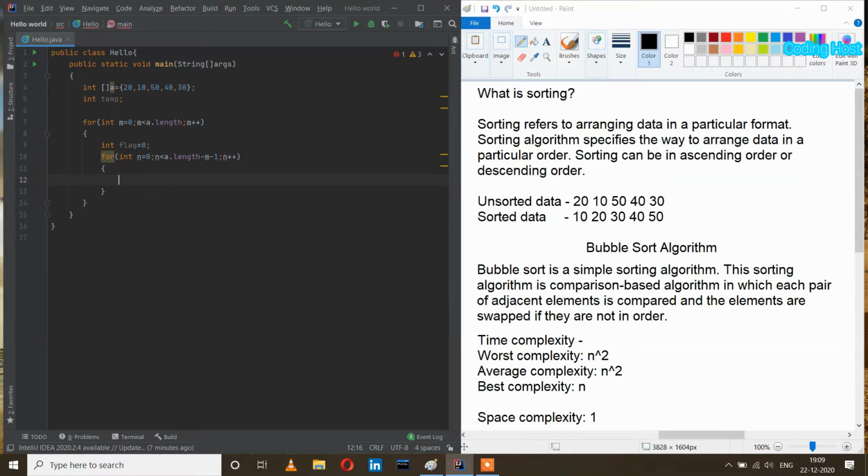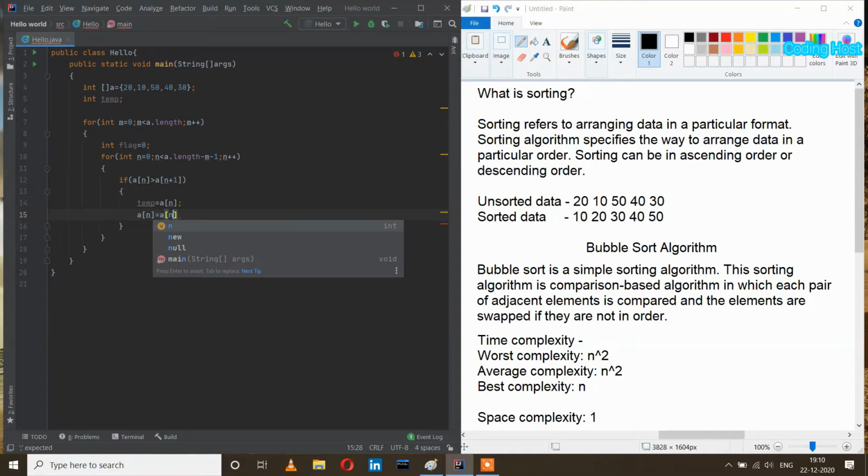In this for loop I will take an if statement: if a of n is larger than a of n plus 1, I will swap the values. So temp equal to a of n, a of n equal to a of n plus 1, and a of n plus 1 equal to temp. We also change the value of the flag variable, so flag equal to 1.